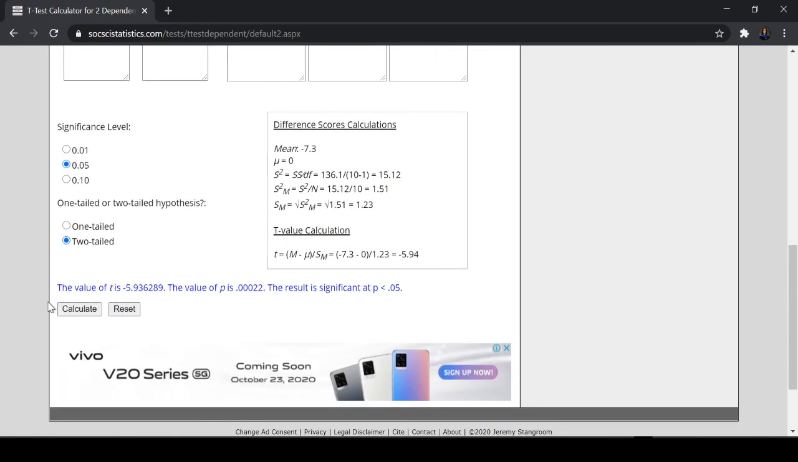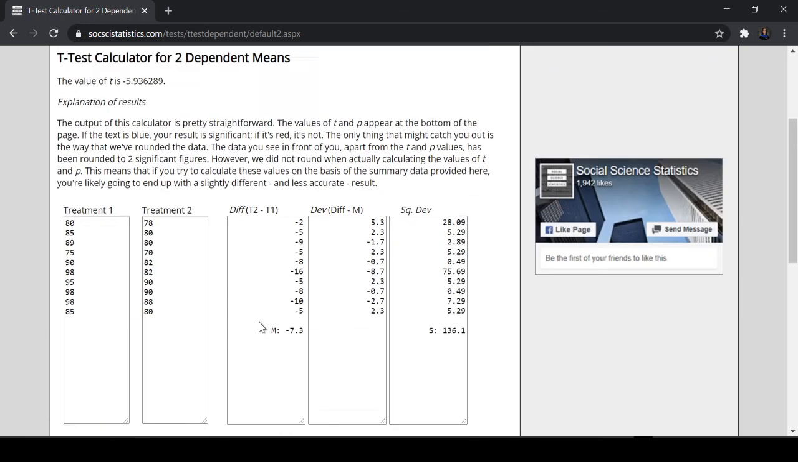Okay, and this is a blue one, so it's significant. So you have 0.05. Okay, it is 0.05. So you have there the value of t is negative 0.936289, and the p-value is 0.0022. The result is significant at p less than 0.05. So my bad, a while ago I told you that it's 0.00. So for this one, it's p less than 0.05. Or you can actually use the critical value. You can just compare it there, and to check,